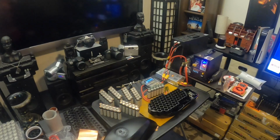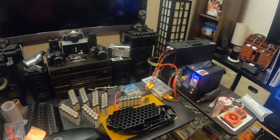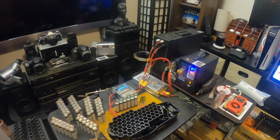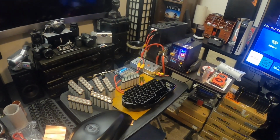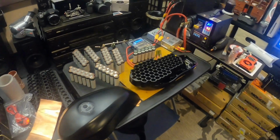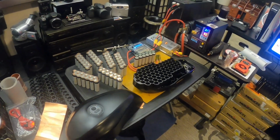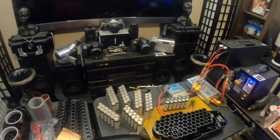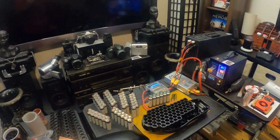Now let me tell you why they are really next level. If you have an e-bike with a small battery compartment, or a stock e-bike that has a tank specific battery like this for that big new BGX or whatever that bike is that I'm making this pack for, and I don't mean it like that, but for any bike that has a proprietary looking battery compartment, or just a small battery compartment in general,